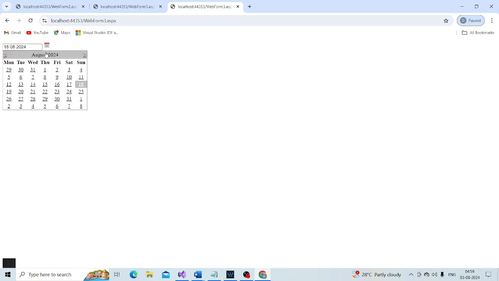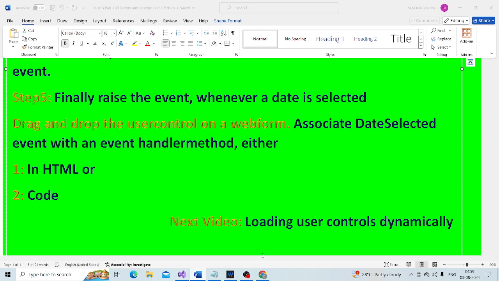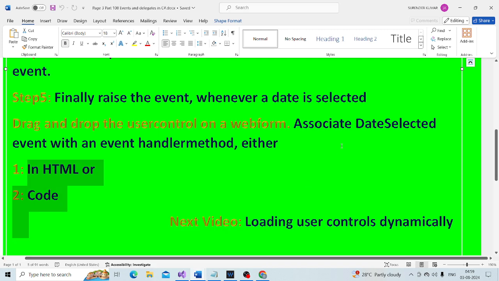Look at that. That is being handled. Okay, so this is a quick refresh for events and delegates in C#.